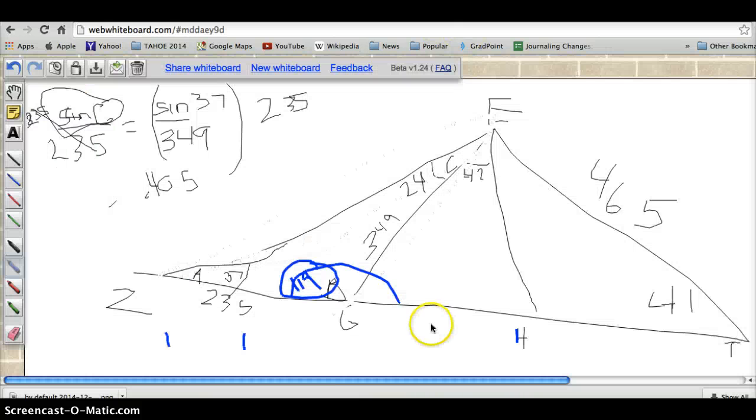Now, since I found this and I've got 61 and 42, I can easily find this angle because I know that the sum of these three angles must equal 180, and then therefore I can find this angle because I know these two together must equal 180, and finally I can find this angle because I have this one, and this one must equal